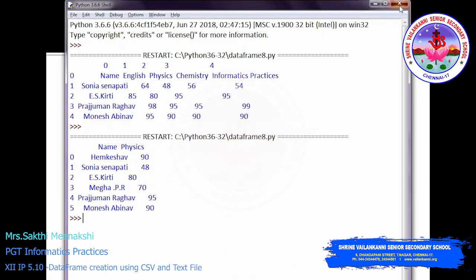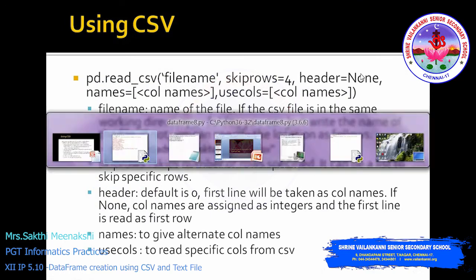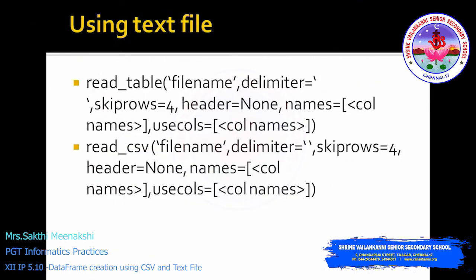So next one, how to read data from a text file. Okay, so a text file is normally .txt, right? So how to read data from that one? So we have read_table and we can also use it with read_csv. Okay, so the thing we have to give extra here is the delimiter. So delimiter is the character which separates each column value, each value. Okay, so that is called delimiter. So you can specify the delimiter, whether it is a space or tab or semicolon or whatever special characters. Then all the other parameters are the same, skip rows, header, all those parameters are the same. Okay, so let's run this.